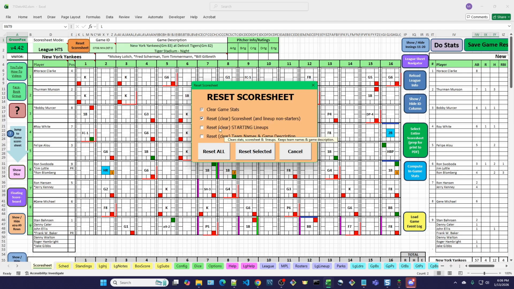But it'll not do this. It'll keep my starting lineups, and it'll keep the game info, so this info up here of which game it is for your league. So I'm going to check this top box so that the top 2 are set, and I'm going to click this reset selected. You have to click this middle button. Otherwise, if you click reset all, it ignores these and just resets everything. So if I do reset selected,